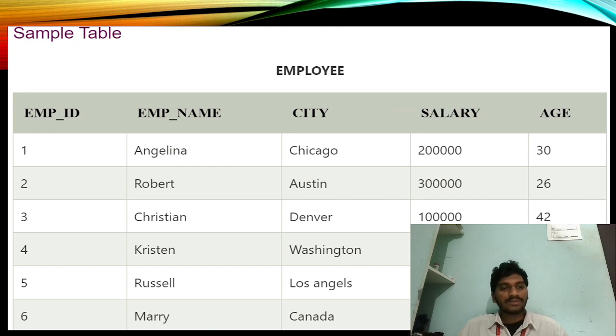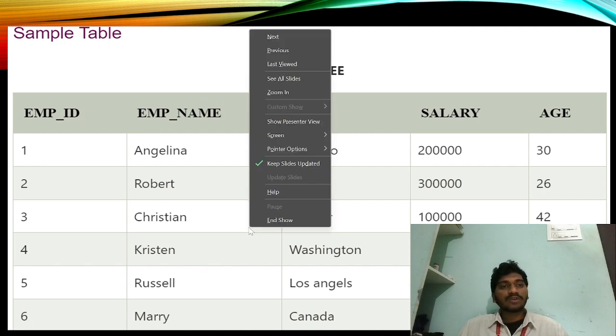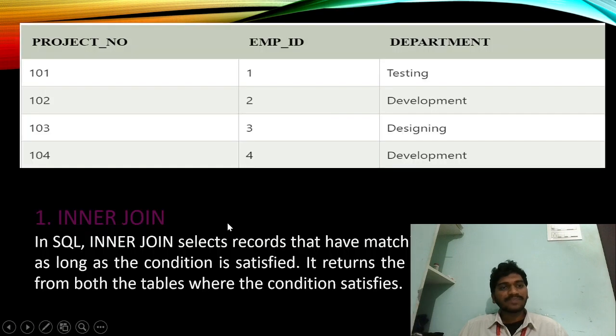This is the employee table, where we can see Angelina, Robert, Christian versus Mary. This is the right table. Sorry, left table. In the output, we can see that it can select all the employee names, but when we look at the project table, there were only